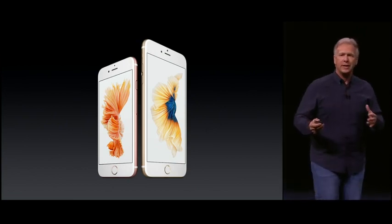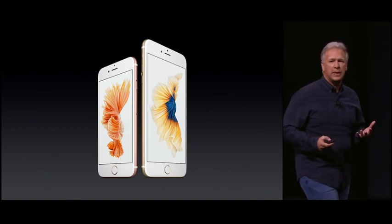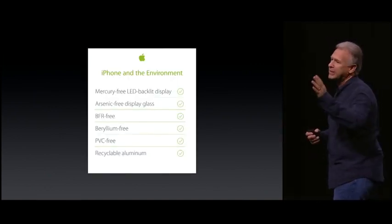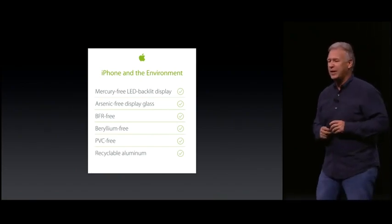Of course, as all Apple products are, they're made in the most environmentally friendly way possible. Mercury-free LED display glass. Come on, you can say it with me. Arsenic-free displays, BFR-free